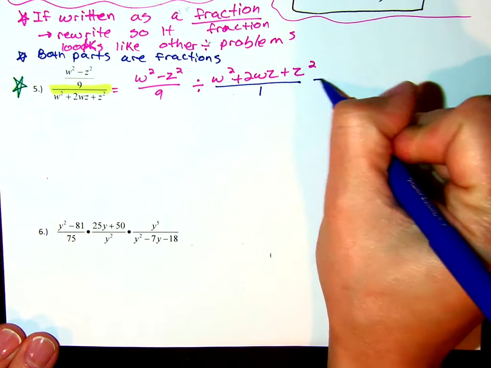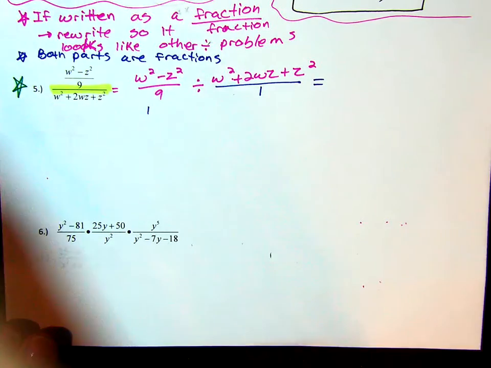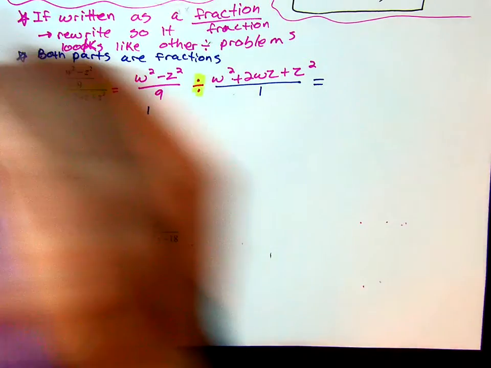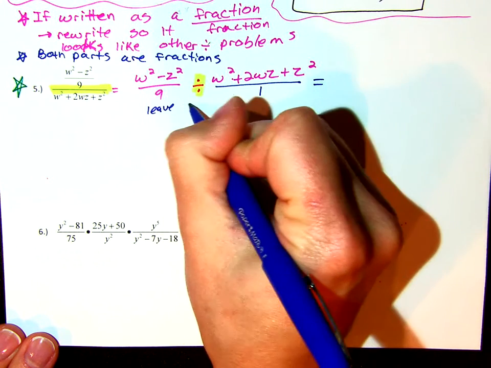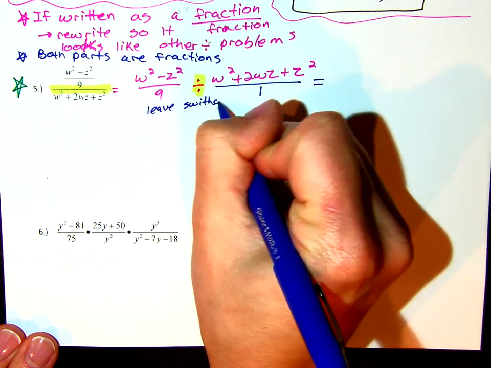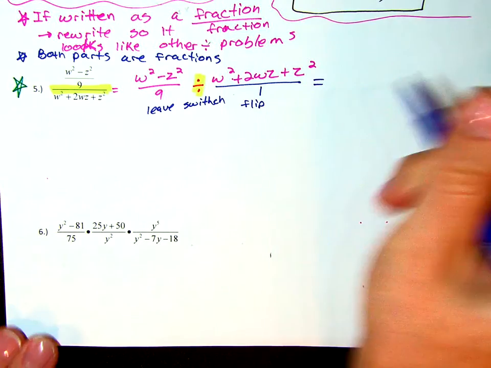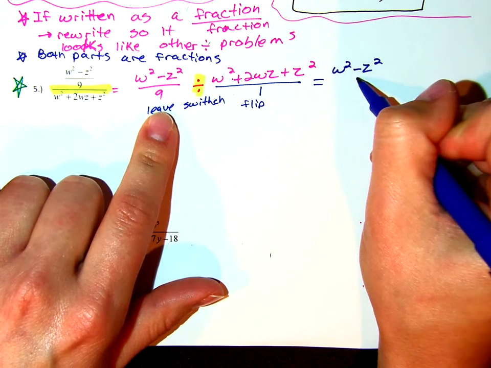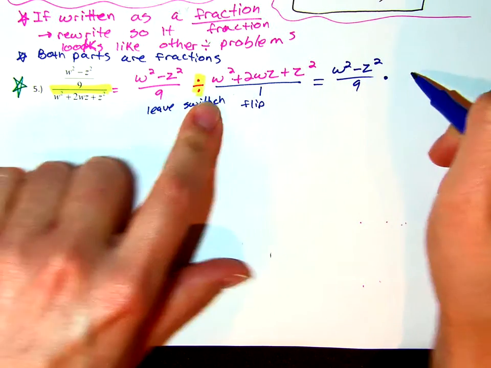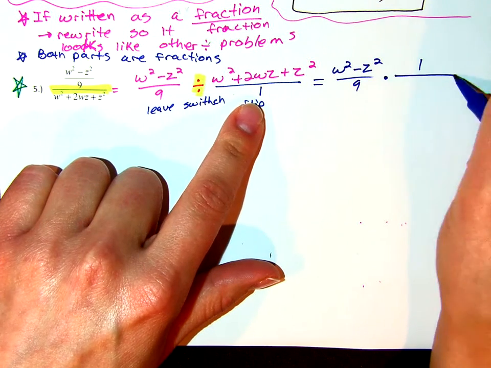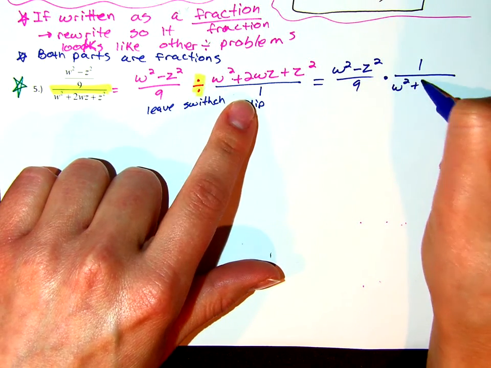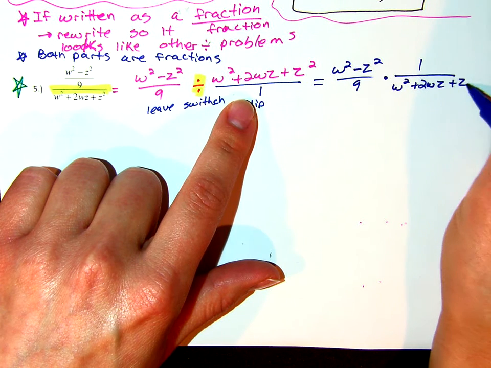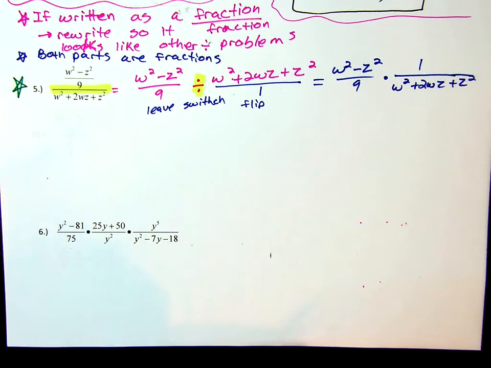So now, because there's division between them, we are going to do the leave, switch, flip. So we're going to leave the first fraction the way it is, w squared minus z squared over 9, switch division to multiplication, and flip the fraction. So now it's 1 over w squared plus 2wz plus z squared. And now we can go ahead and try to factor anything that we can. So, in this case,